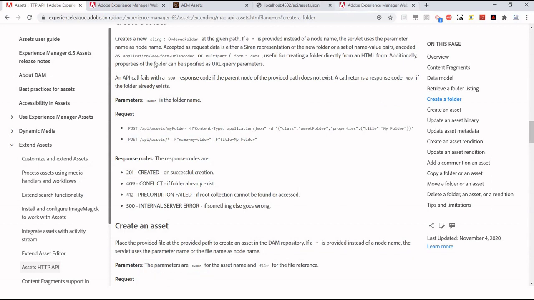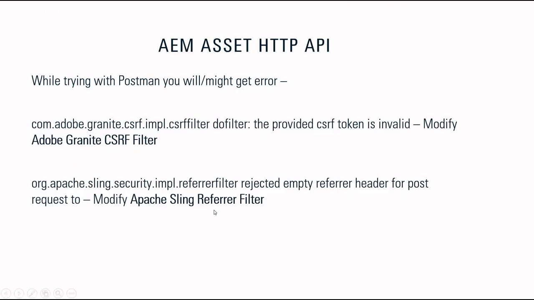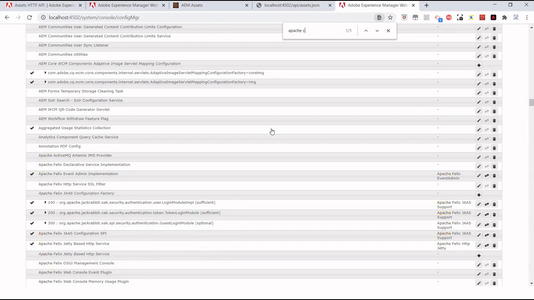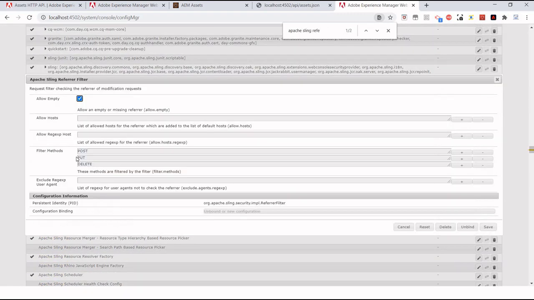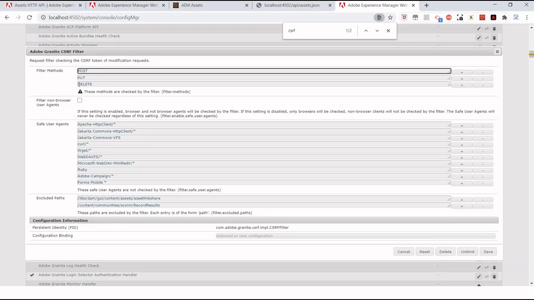Okay, let's check the configuration. Let's open this one. Okay, yeah, so that was the reason I was getting the 403 forbidden error.